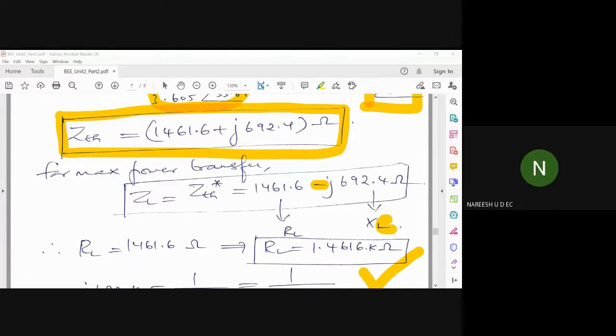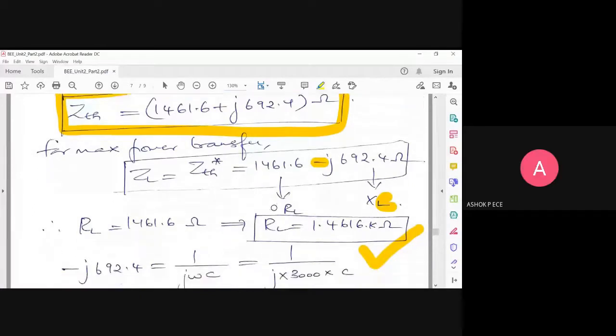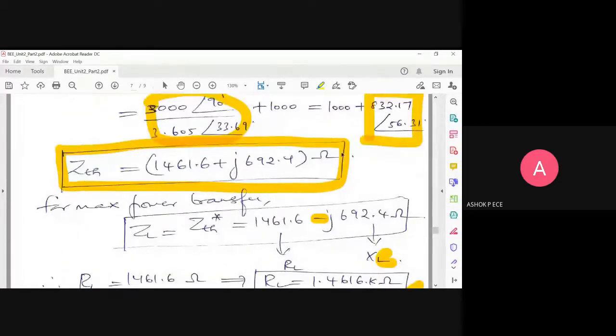Student: Sir, after the ZTH equation, can you explain the maximum power transfer part? You are clear till ZTH, how to find it. It is a normal procedure. How to find RTH, same thing we are finding ZTH. Whenever your ZTH is a complex number, your load will also be a complex number. What is the relation between ZL and ZTH as per the maximum power transfer theorem? ZL will always be equal to ZTH conjugate. If you know ZTH, you can find ZL. If you know ZL, you can find ZTH. Both are related. This is the formula: ZL equals ZTH conjugate.